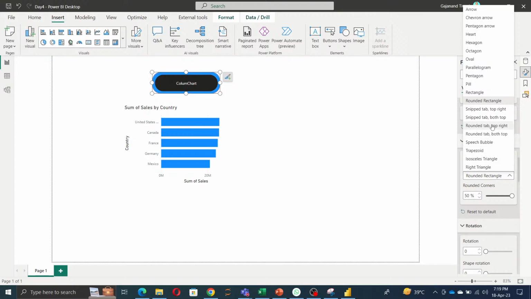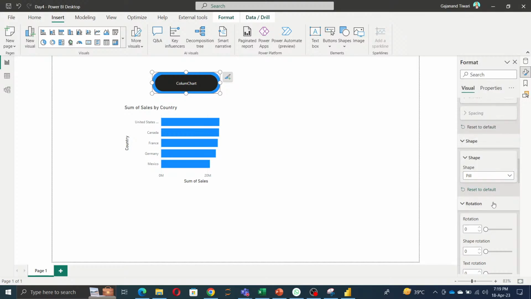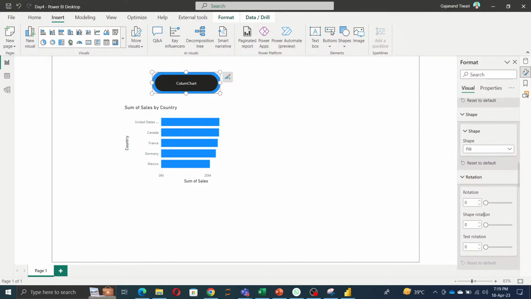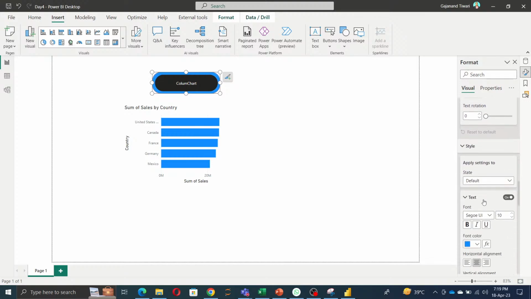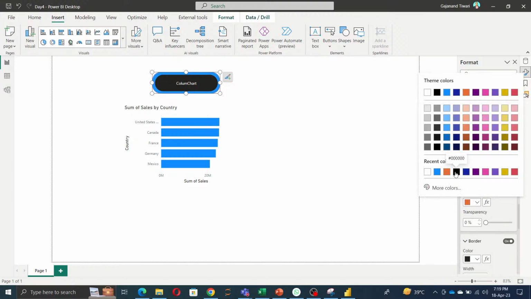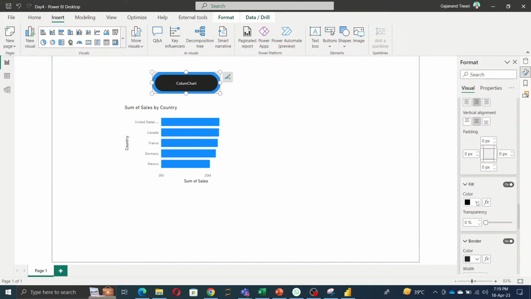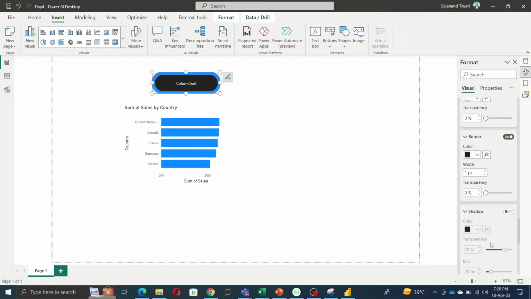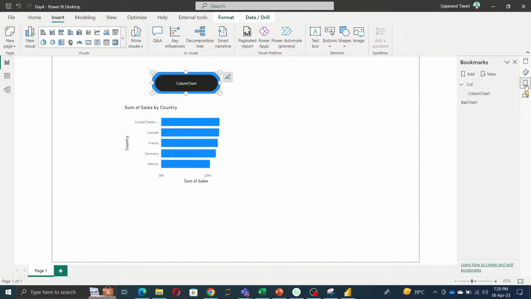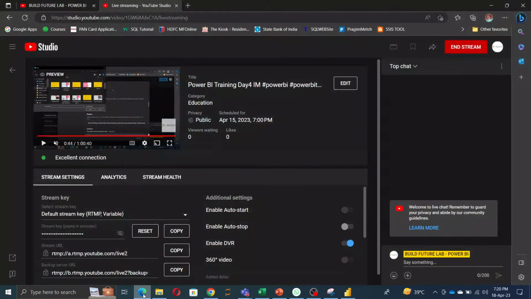Shape should be rectangle, or maybe you can take it as round, and then the rotation is not needed. Okay, I'll let you know, because right now I don't know how to do that. Let me change this one to button. So come to here, okay, now,